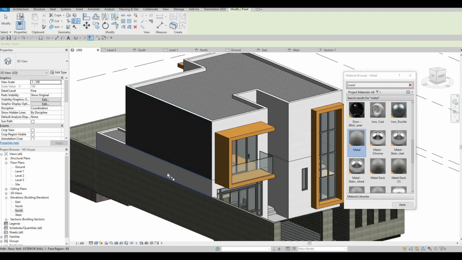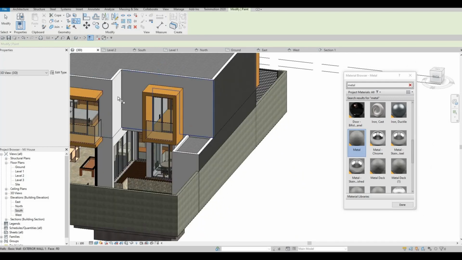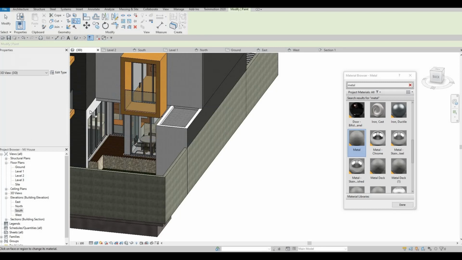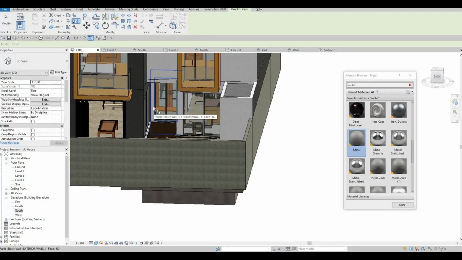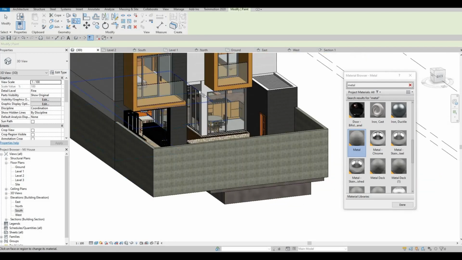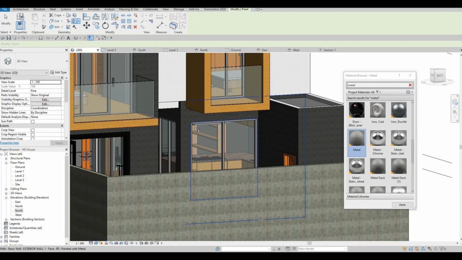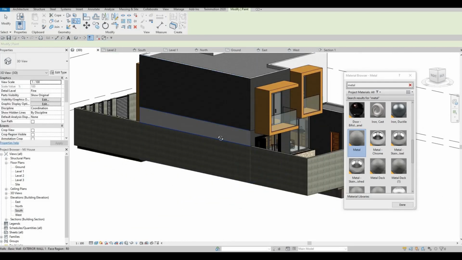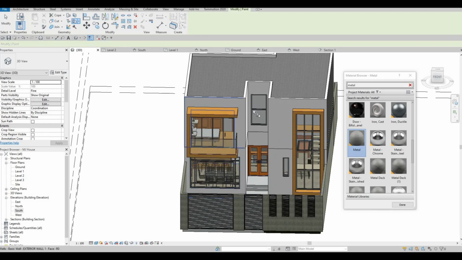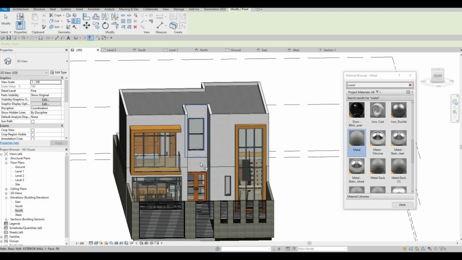So here I'm gonna add that finish right here, and then I want a wood finish right here. So I'm gonna leave it like that and go and add all of this all throughout. And we're basically adding everything right like that. There we go, adding everything in our way. And we're gonna make this one wood material. At the same time, I want a wood material on this part, so we're gonna keep this one wood, and